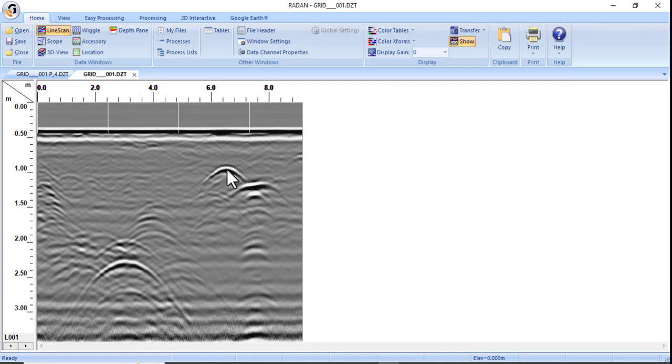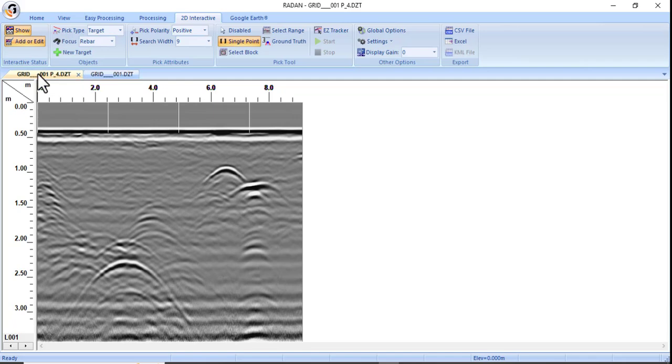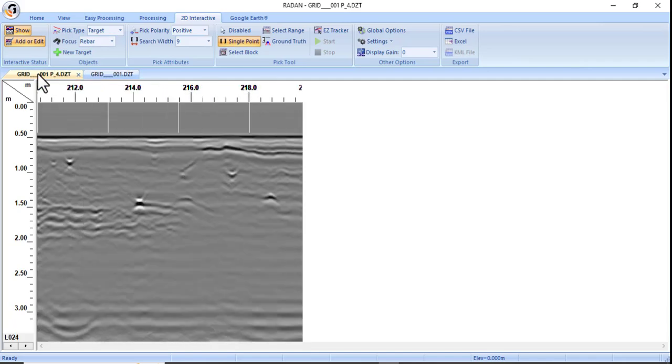So as I told you, the full processing will make this video very long, so I only applied the migration process to this data and moved all the energy from the tails of the hyperbolas to the top of the hyperbola, as you can see in this